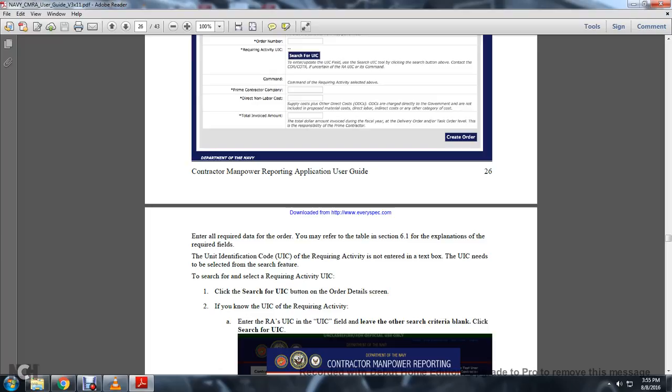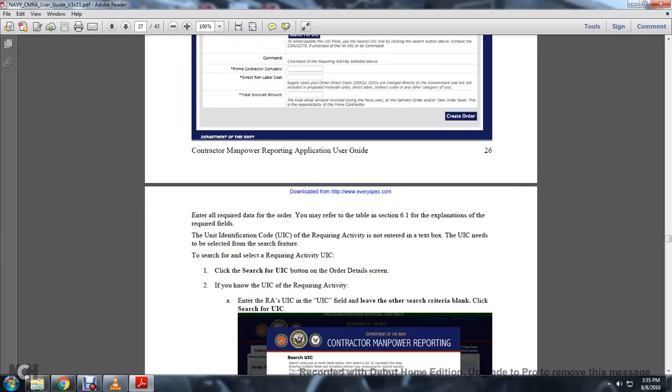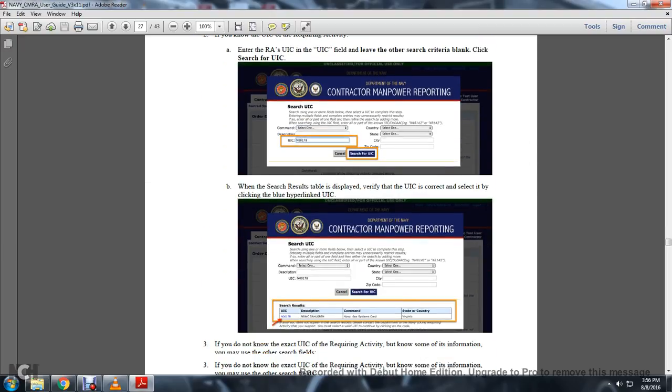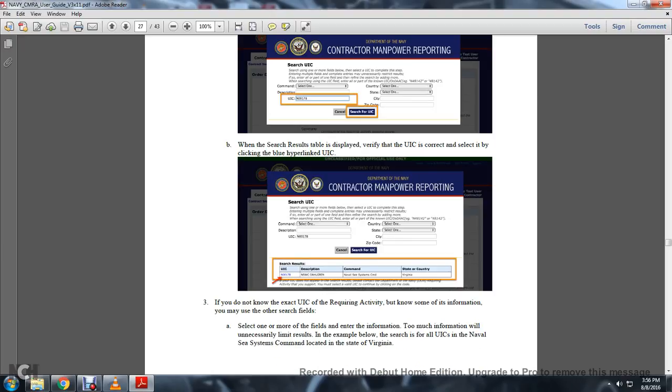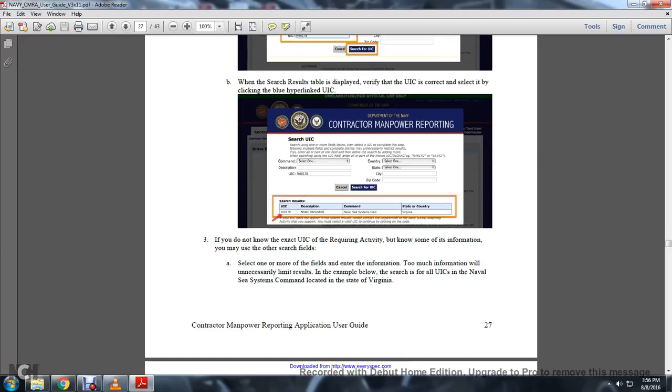If you know the identification code of the requiring activity, enter the RA's unit identification code as the identification code. Leave the other criteria blank and click search for the unit identification code. When the search table is displayed, to verify the identification code is correct, select it and click the blue hyperlink identification code. If you do not have an exact identification code for the requiring activity but know some information, you must